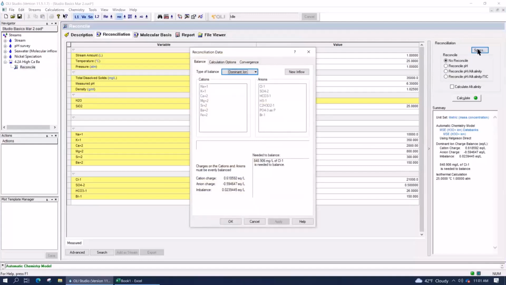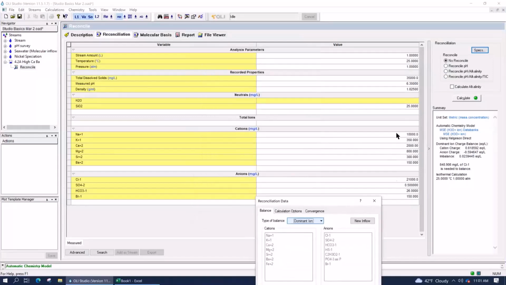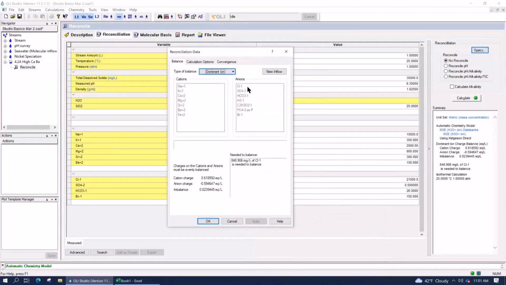Okay. In the specs button, the first tab you're going to see is something called charge balance. The charge balance is set to something called dominant ion, which is generally the safe bet to go. This means that the most concentrated species, in this case chloride or sodium, will be added to the system.